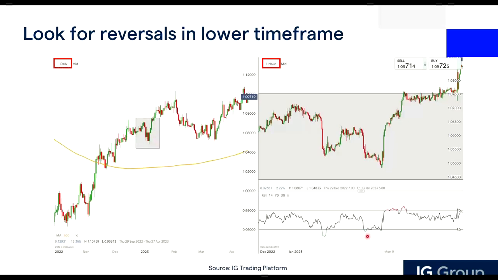In the daily time frame, we notice uptrend, prices above 200, you're looking for long. But in this pullback, I highlighted this gray area, and then let's zoom into this pullback in an hourly time frame. When on a higher time frame you draw a gray box and then use the split chart function and dive into a deeper time frame, it very easily highlights this area for you as well. So what we are trying to do here is that we are still looking for buying opportunities, but we're looking for a reversal pattern when the price is bearish.